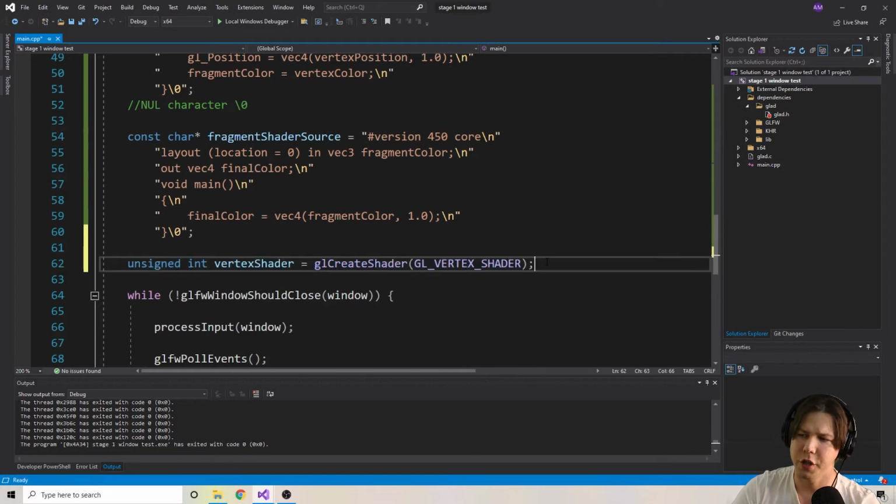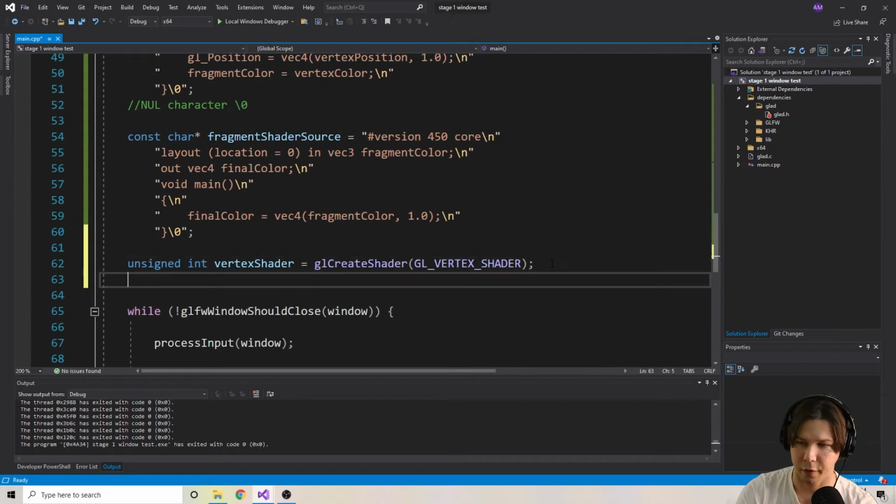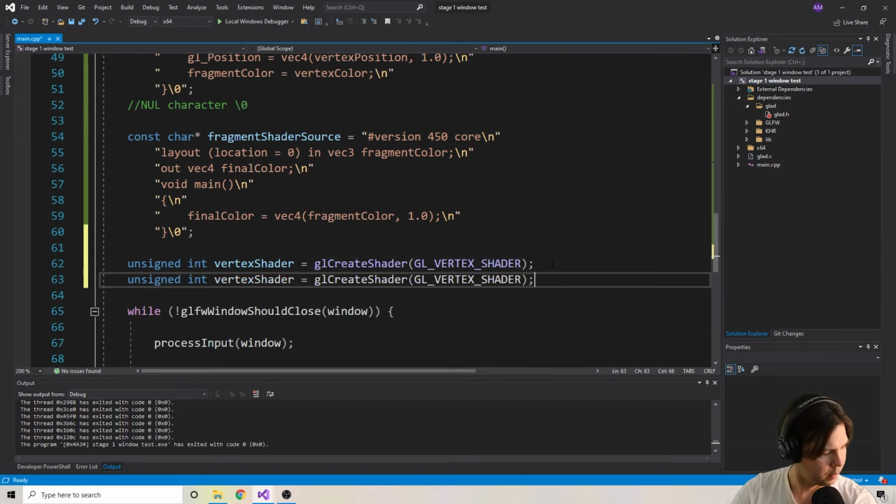When we call glCreateShader, in the background OpenGL creates its own memory location to hold a shader program, allocates that, and gives us back a number. So let's say we run this and the vertex shader gets a number of 5. That means it is the index 5 shader within OpenGL's memory context. Okay, so let's keep going here. We'll get the fragment shader,